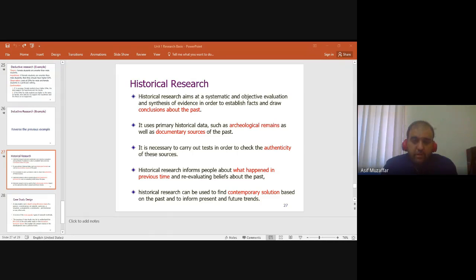Archaeologists are the people who study rocks. They will study the rocks, stones, and they will tell what is the age of those things. They will also study the animals' remains, like dinosaurs. They studied the bones of dinosaurs and told that dinosaurs existed many millions of years before. So there are archaeologists. They are concerned about history. So those researchers who study history or archaeology are more concerned about historical research.